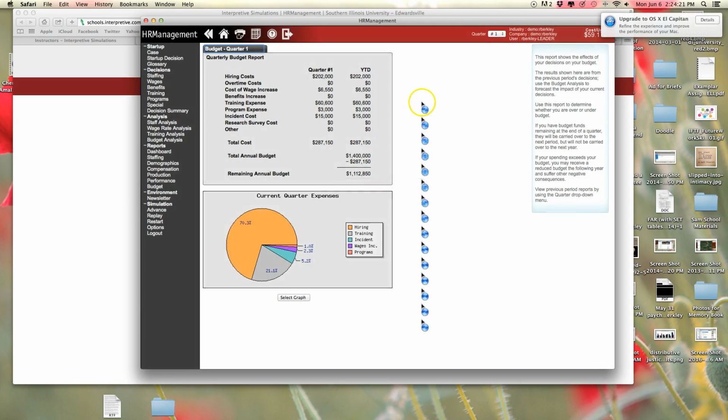Let's look at our budget now. This gives us a sense of how we spend our money and making sure we're staying on track of our budget. The fact that we underspent for this quarter means we have more money to spend over the next 3 quarters. So we're going to do this sort of incrementally, right? So now I can